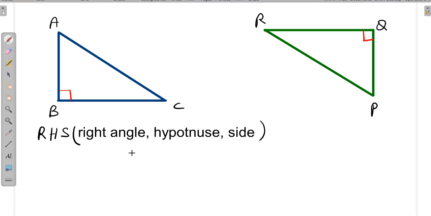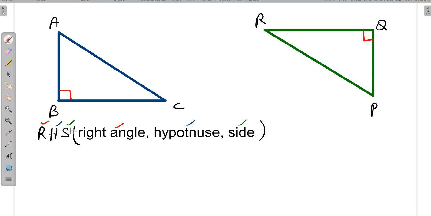This is the last criteria for the congruency, and this criteria is called RHS. R stands for right angle. The H stands for hypotenuse, and S stands for side. So for side we can take base also or perpendicular also, depending on the question or the condition which is